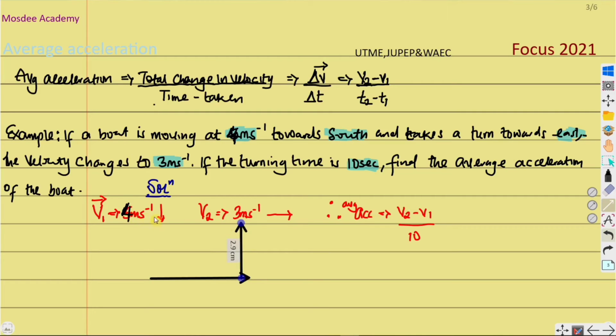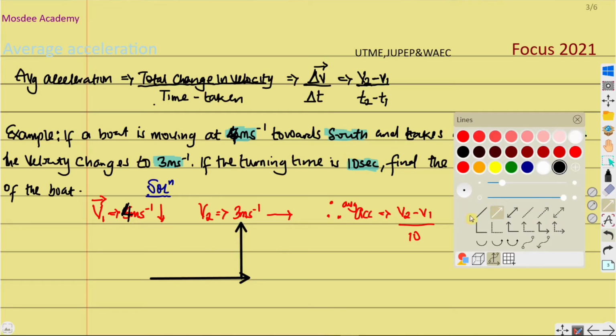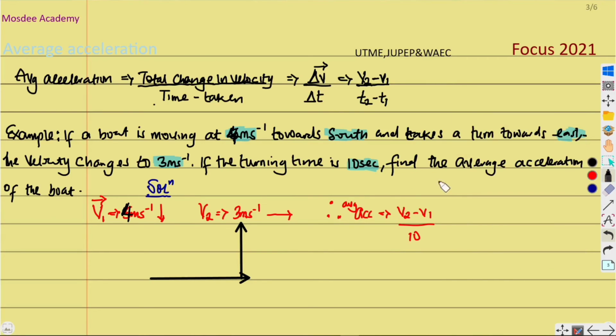Now if a body is moving with a velocity of 4 meters per second in south, I can say the body is moving with a velocity of negative 4 meters per second to the north. What I've only changed is the direction, and when I do that, I change the sign convention. So students should keep that in mind. It is very, very important when you are dealing with physics. And the resultant vector, which we might have studied in early classes, will now come in this form. So please always understand this concept because it is very important.